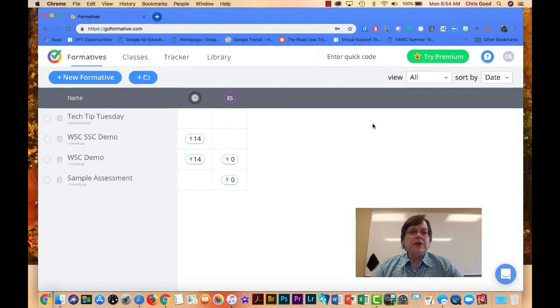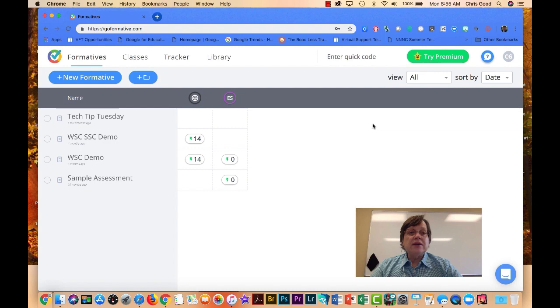Last month, I believe I shared with you a formative assessment tool called Mentimeter. Well, we all know in the world of technology, there's more than one way to get to what you want. So I'm going to be highlighting a different formative assessment tool called GoFormative. GoFormative is free, of course, with everything nowadays. There's a premium version, which will open up the door to additional features, but the free version offers some nice